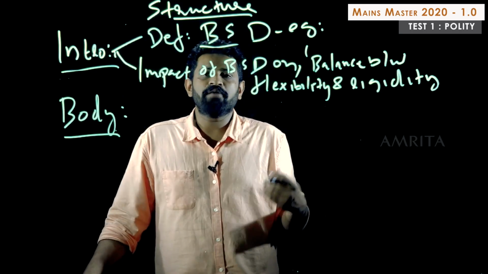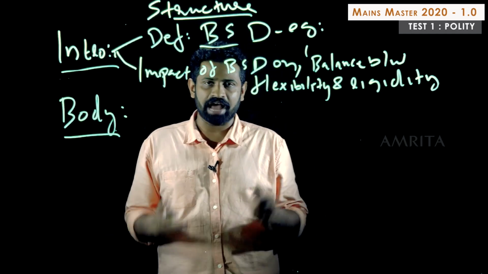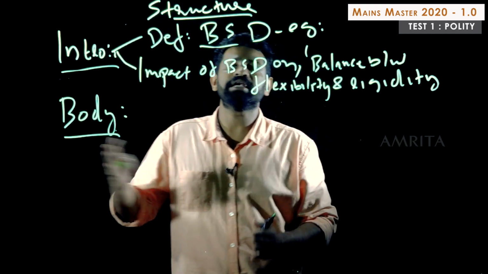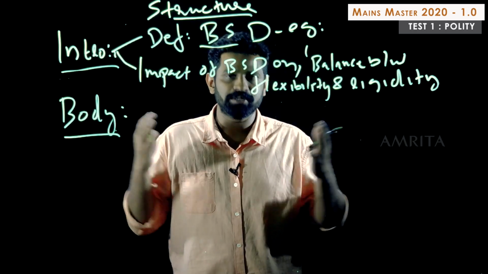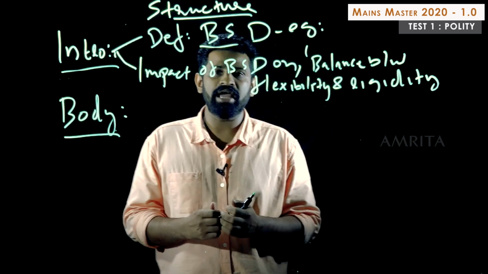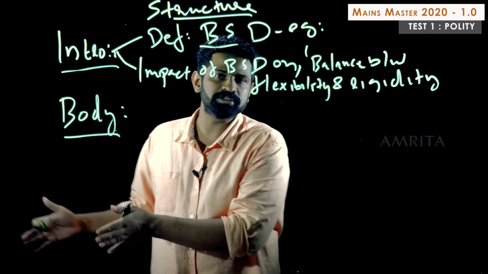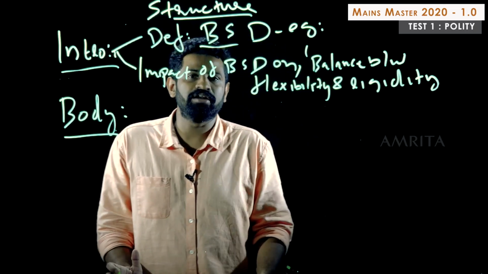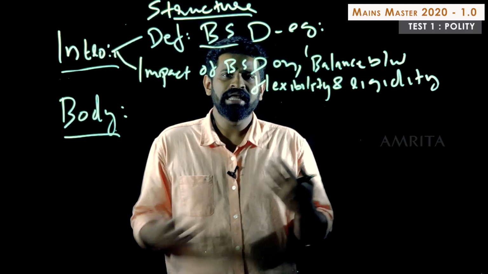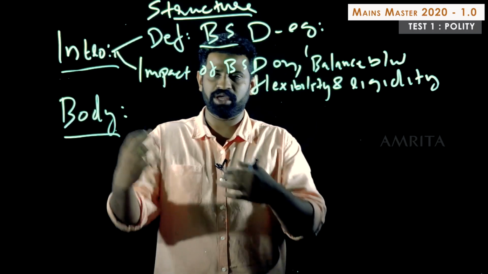So since we have already decided what our approach would be, and we have to know that since the question asks to what extent, we have to give both sides of it. That is also understood. Now we would say to some extent BSD has imposed rigidity, but to a larger extent it has allowed for enough flexibility. So I think that is one thing we can agree on, right? That's a broad consensus with which we can move from here.